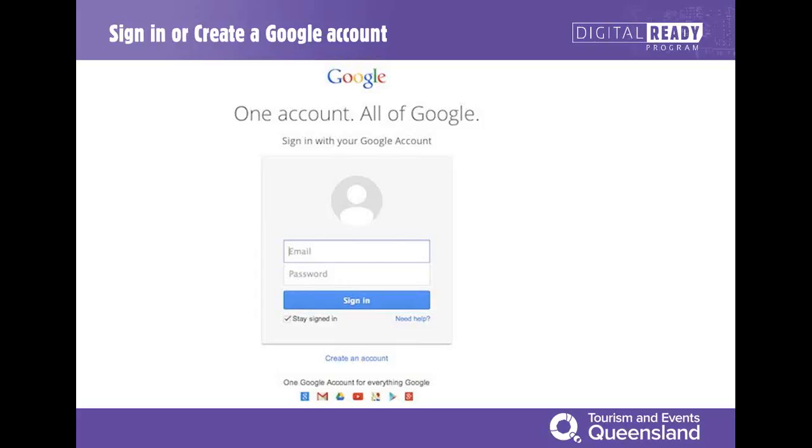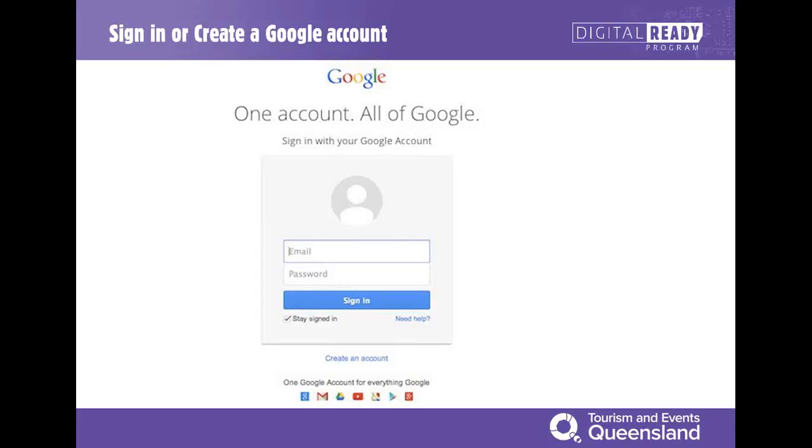And then once you've done that, you can have all your accounts in one for Google. So if you've got YouTube, Google+, your Google Maps, your analytics, your webmaster tools, Gmail, whatever else that you've got connected for Google, it's a nice one size fits all scenario, which is fantastic.